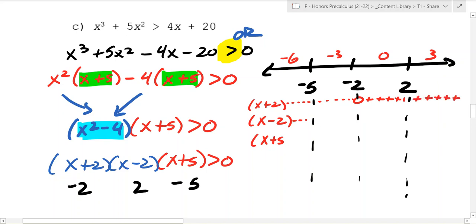Plug in -6, it'll be negative. Plug in -3, it'll be negative. Plug in 0, it'll still be negative. Then it'll be 0 and turn to positive. Now we plug in -6 into this one, and it's still negative. But then it's 0 here, and then it'll be -3 plus 5. It's going to be positive. 0 plus 5 is positive. And then it'll be positive. And then what about the product of them all? Meaning, sorry,